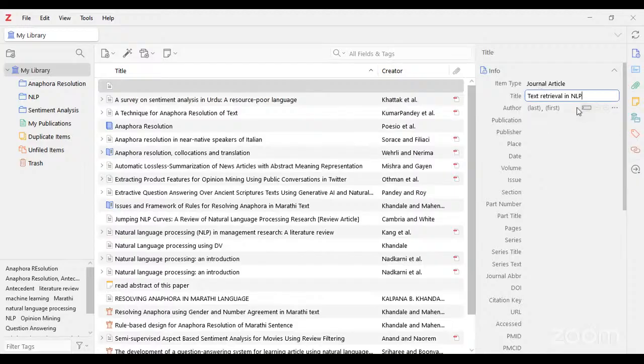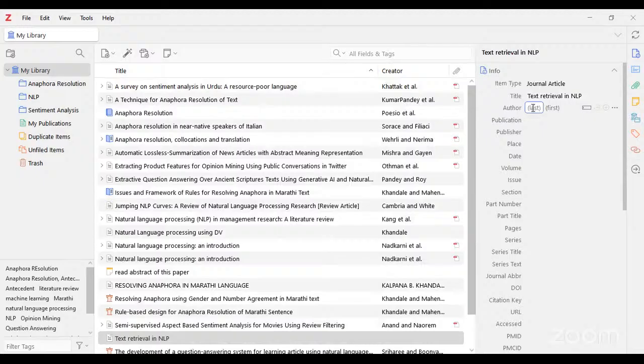This is the title of the paper, and the last name of the author, and also the first name. Suppose you have multiple authors, just click on the plus button here and add the last name of that particular author. Suppose I have added one more name.